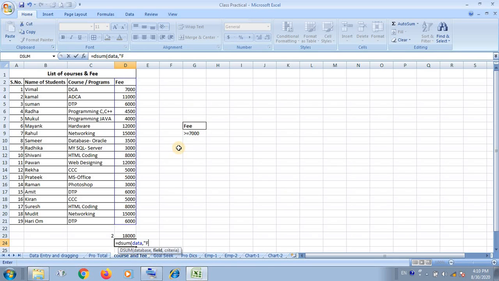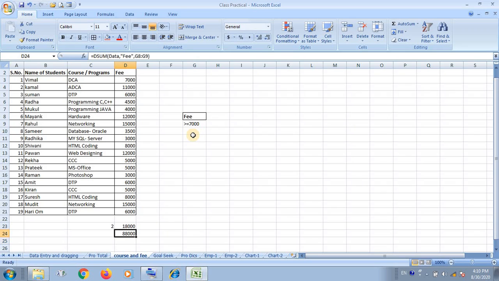I have written fee, but you have to write it as it is, no small, no whatever, the characters you have used for the declaration of the field, written on the top of the listed values. After this you use a comma and the criteria, and close the bracket.